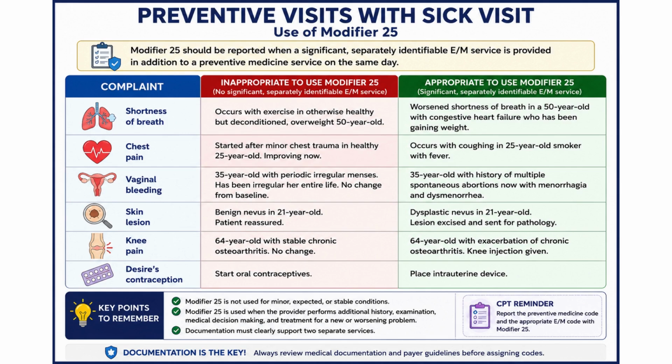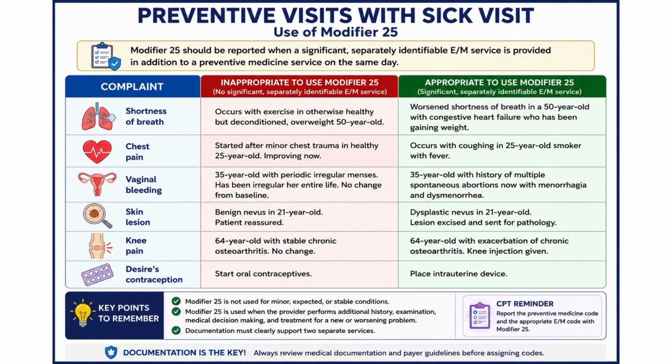For chest pain, Modifier 25 is not reported when the pain is due to a minor injury that is already improving. It is reported when chest symptoms are associated with a new illness, such as cough and fever, requiring a separate medical evaluation. For vaginal bleeding, a long-standing menstrual pattern without change does not support Modifier 25. But new heavy bleeding with dysmenorrhea in a patient with a significant medical history requires additional assessment and supports reporting